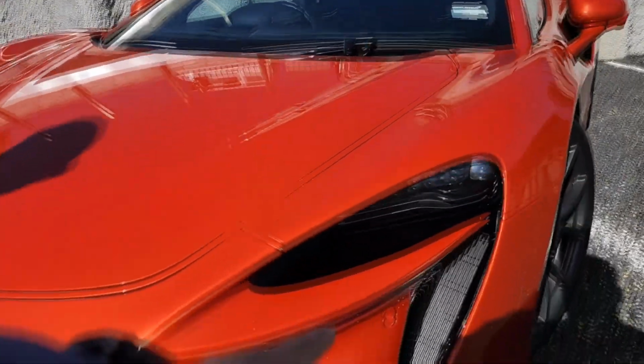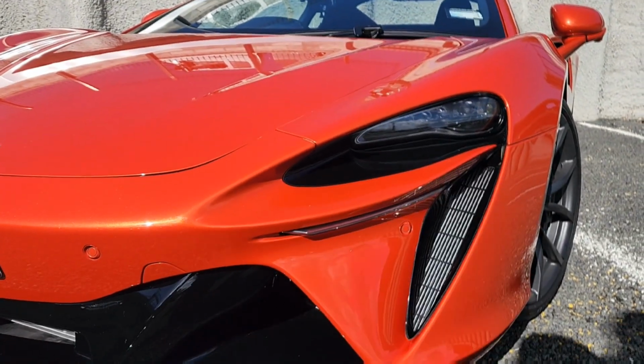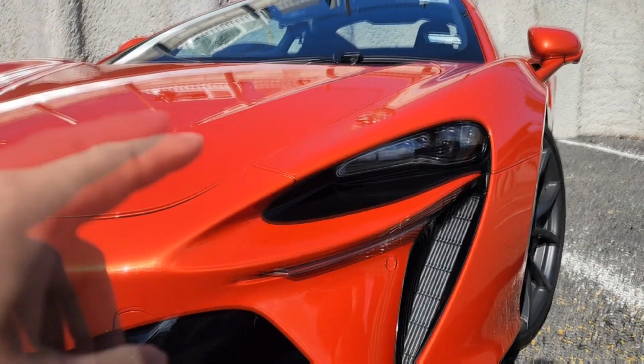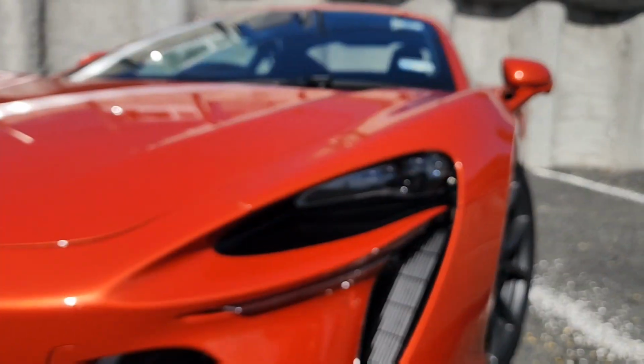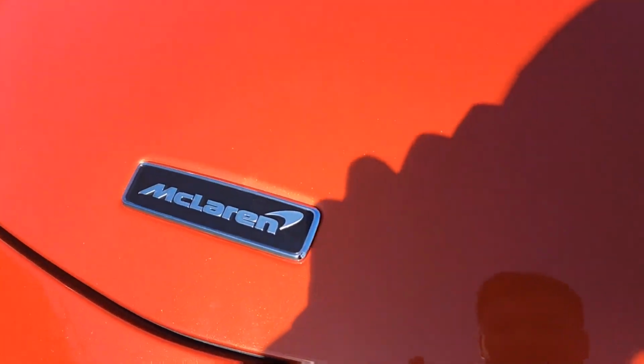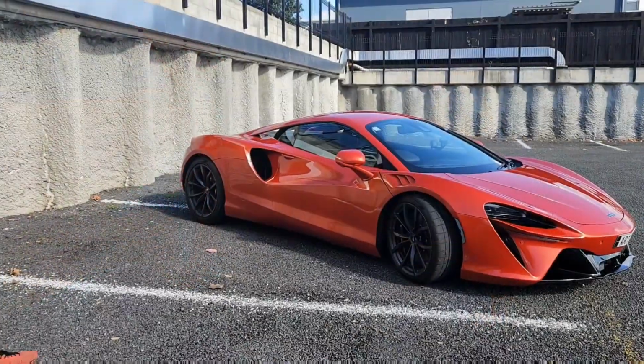This shape, there's actually a reason that there's a shape like this here, and that harks back to the roots of McLaren, which is from Bruce McLaren, who was a New Zealander. So this shape actually represents a stylized Kiwi. Same as the McLaren logo, it's actually a stylized Kiwi. So a little bit of a New Zealand connection there. Very good pointer. And it's got these